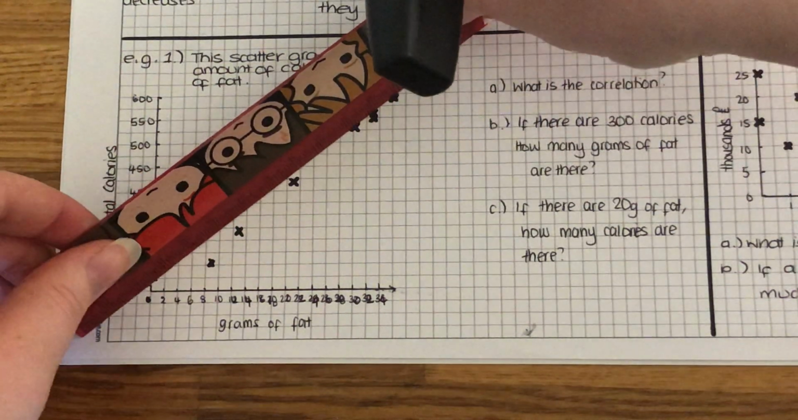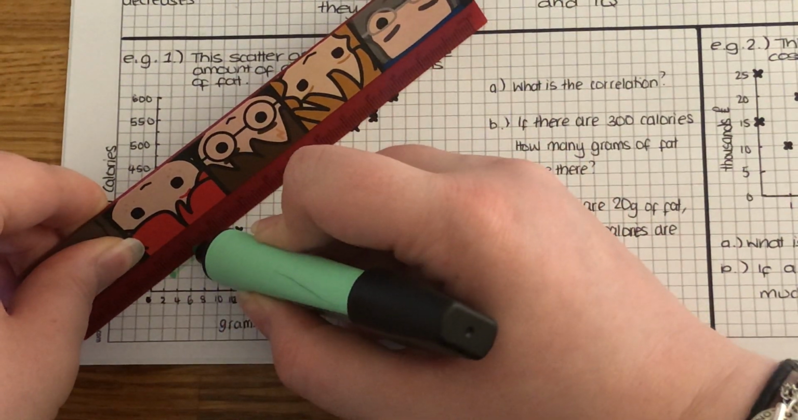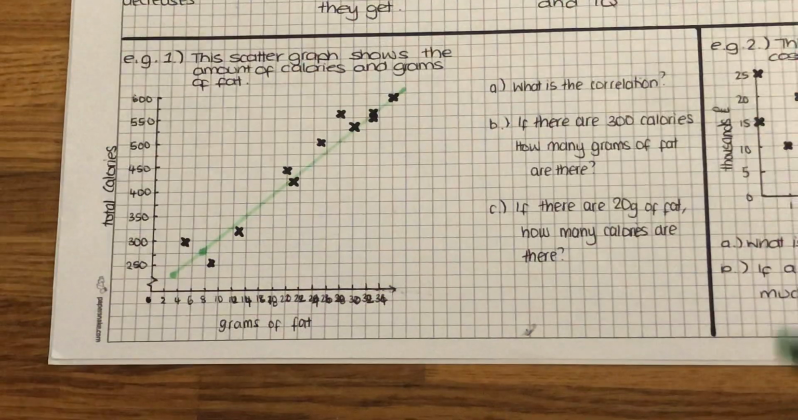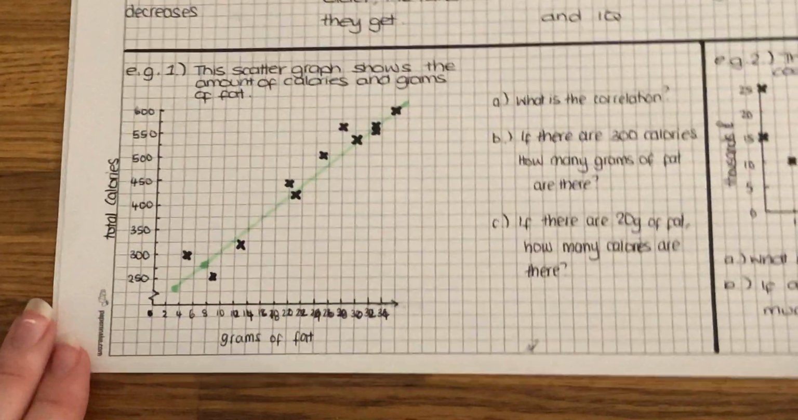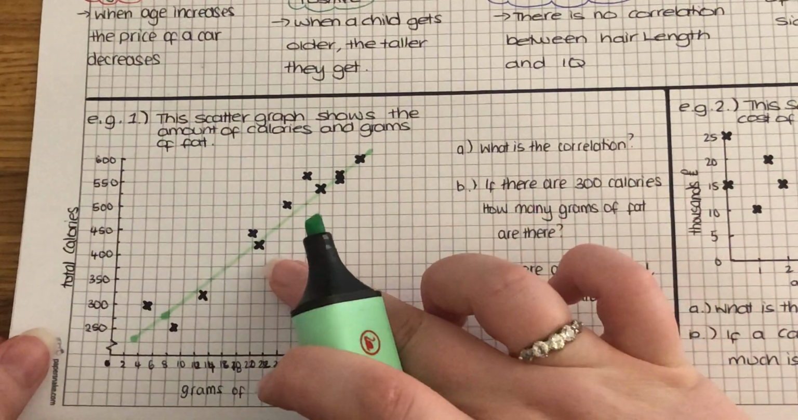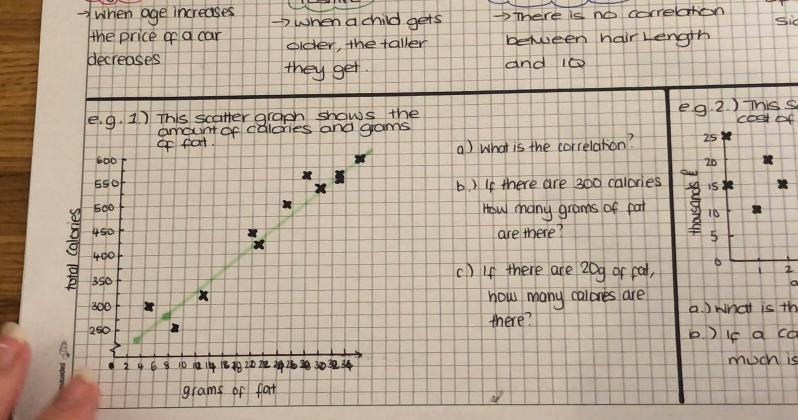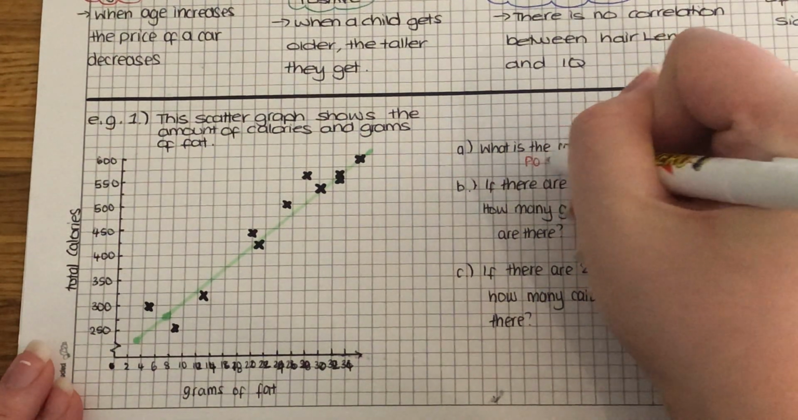I'm going to go for there because that's roughly okay. So you can see it does go through quite a few of the points. So we've got a couple there, couple there. Okay, but we roughly have the same on each side. So the first question it asks is, what is the correlation? So this is going to be a positive